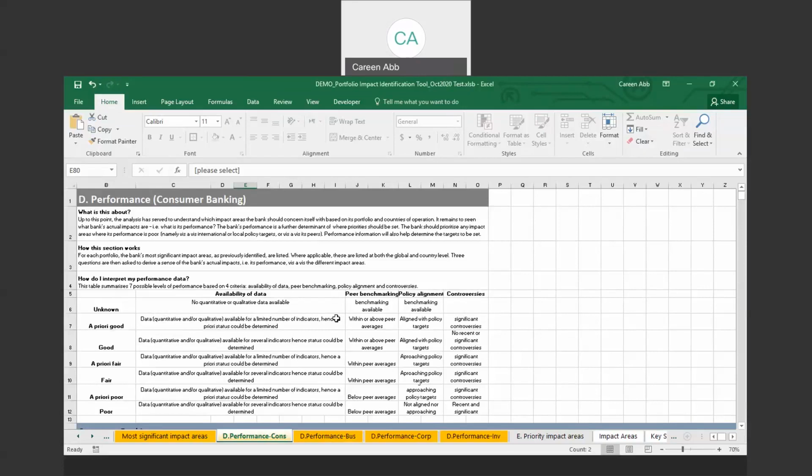This determination is what will help to further refine what would be the priority impact areas for the bank to concentrate